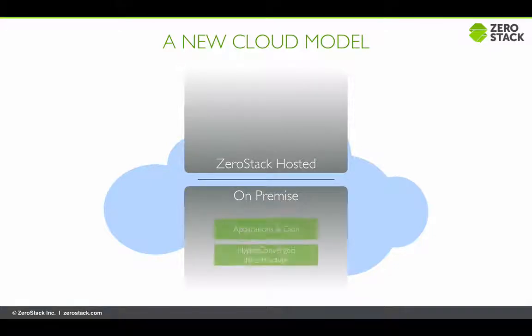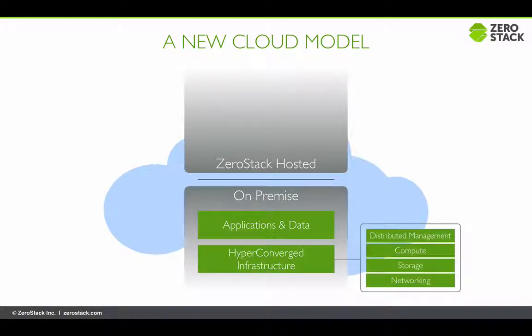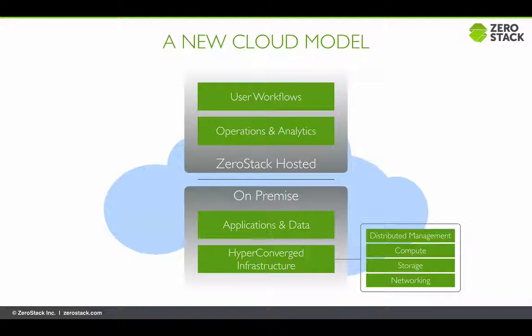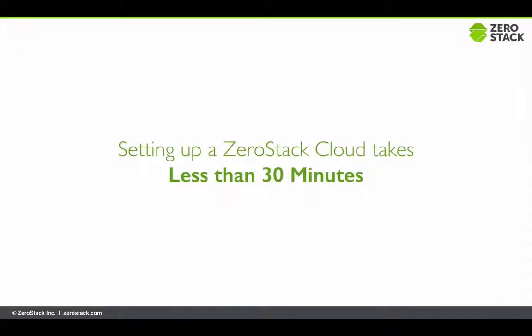In the enterprise data center sits a symmetric, scale-out, hyper-converged architecture that can scale on demand, keeping the data, application, and management local. What makes it unique from other hyper-converged solutions is that all of the operations, analytics, and user workflows are hosted in the ZeroStack cloud, ridding the enterprise of unnecessary dedicated administration and delivering the feature agility of a public cloud model. With ZeroStack, you can set up an entire cloud in less than 30 minutes and start